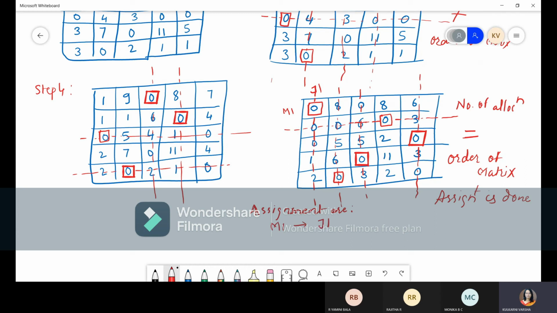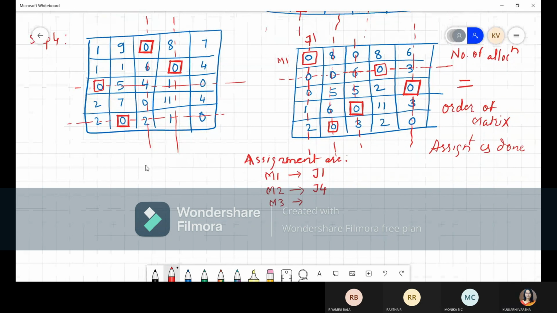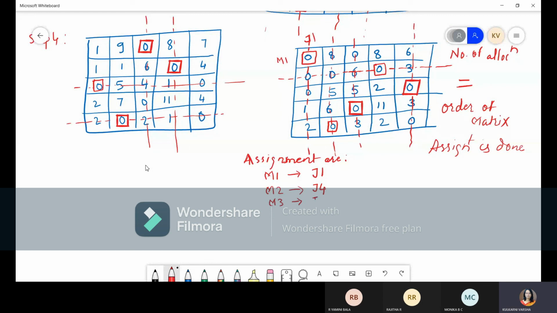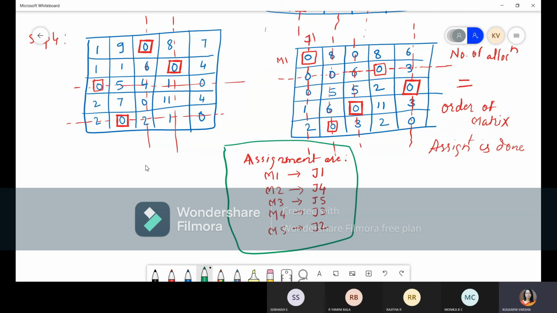Machine 2 is assigned with job 4. Machine 3 is assigned with job 5. Machine 4 with job 3, and machine 5 is assigned with job 2. So this is with respect to the assignments which have been done.